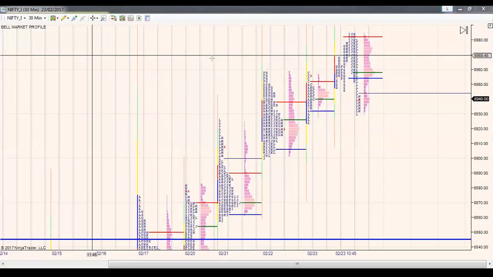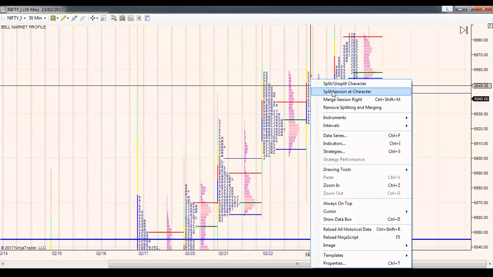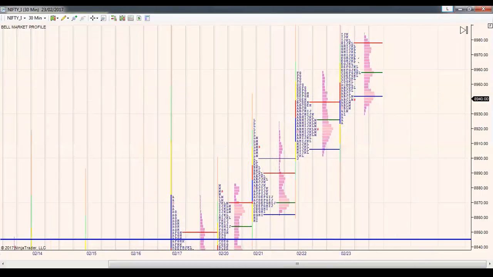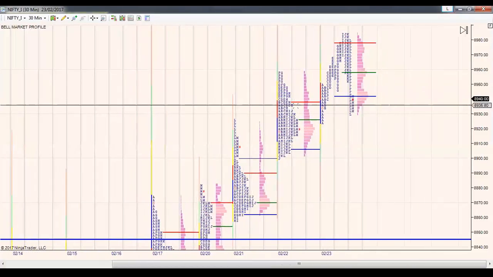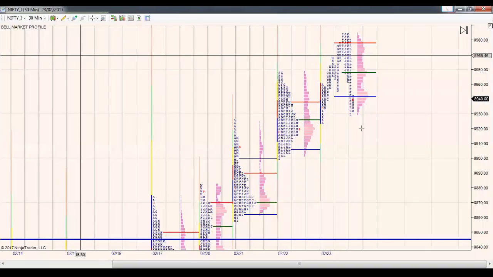Let me just clear all this up, merge the profile. Yes, now I can show you the next set of lower references. So anybody buying in this whole up move is put under pressure by this close. Now tomorrow, if we cannot manage to move higher immediately, then all these buyers will be put under pressure to